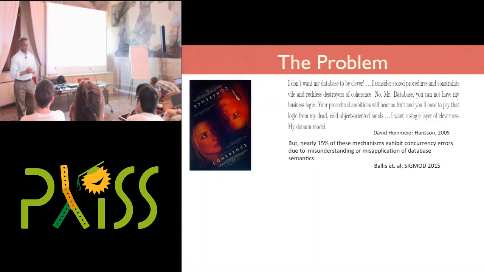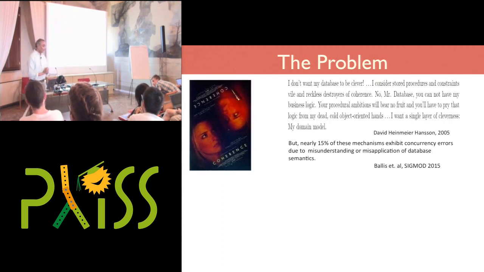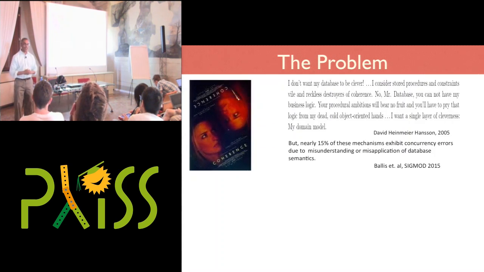Now, this might appear to be somewhat draconian, but it seems like a philosophy that should work, except that when people actually tried to see whether this avoided errors in the web code that they were writing, they found that, well, 15% of the time or so, for the benchmarks that people looked at, things actually broke. And why is this the case? So if I have control over everything, and I don't rely on anybody else to do the heavy lifting for me, how are things breaking? And the problem is that the world is complicated.